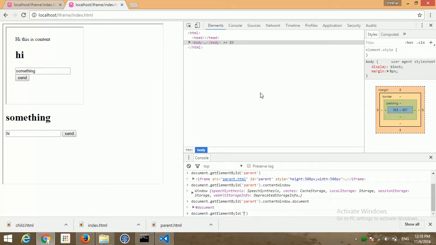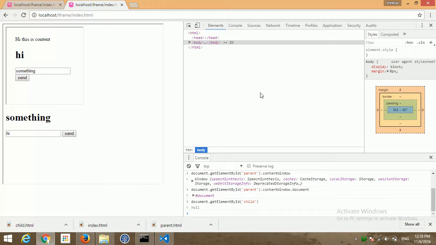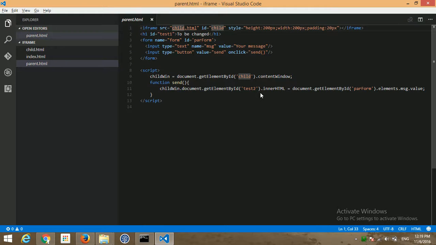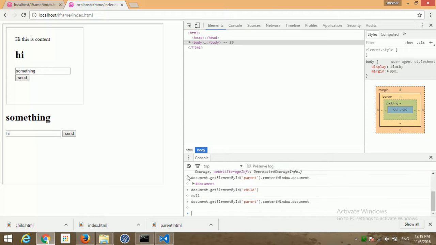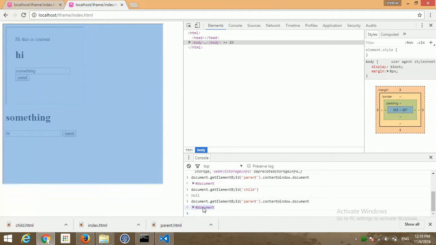Child, it is showing null, because currently I am trying to access child from the complete DOM, this complete document, but child is inside this iframe. So I need to get the internal document of this parent window.